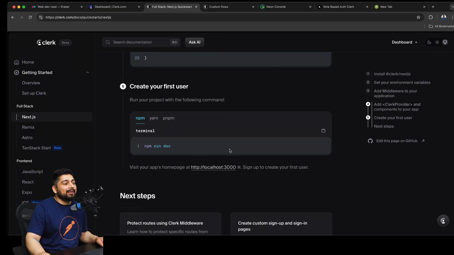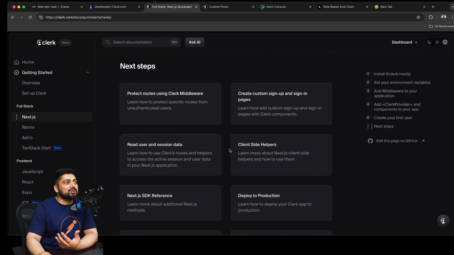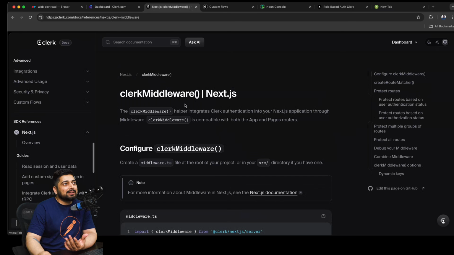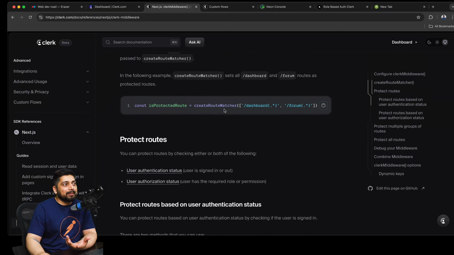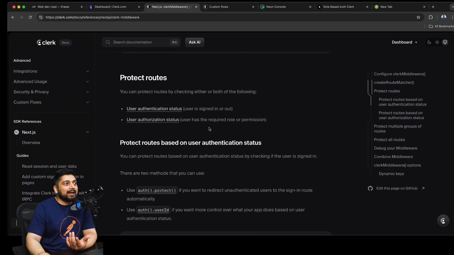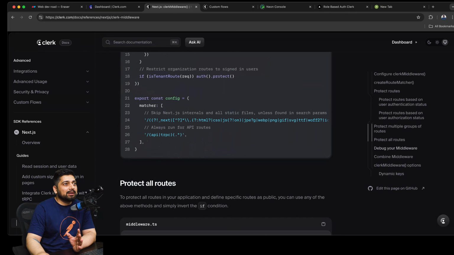Now, here's the interesting part, which a lot of people miss. The next step for everyone should be to go ahead and read all these cards here. The first one is protected routes using Clerk. This actually helps you understand how can I protect things better? How can I create route matchers, and how can a user have routes which are protected or open for public? So this whole page that you see here is your holy grail to figure out